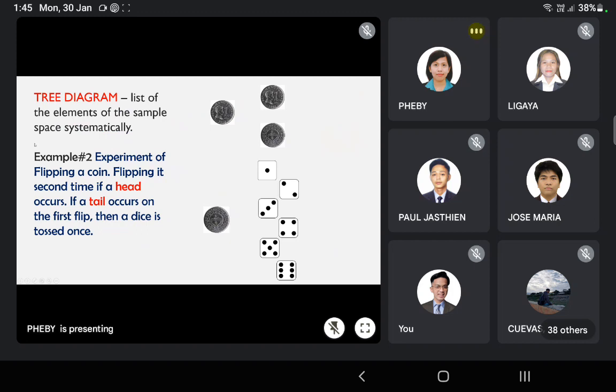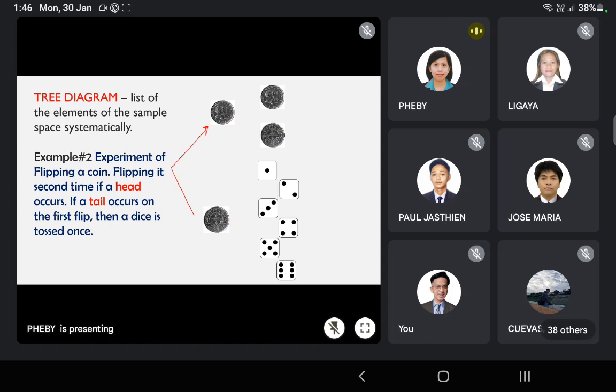Okay. So, we have what we call the tree diagram. So, para mas maintindihan, they generated a diagram, tree diagram. So, this is the list of elements of sample space systematically. So, for example number 2, experiment of flipping a coin, flipping it a second time if a head occurs, and if a tail occurs on the first flip, then a die is tossed once. So, sa experiment number 1 daw, no? So, experiment number 1,